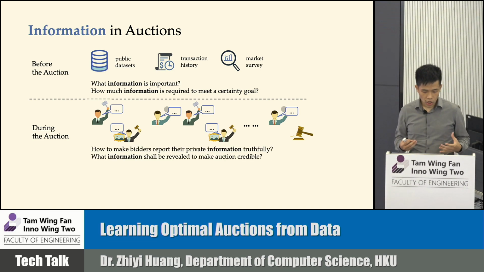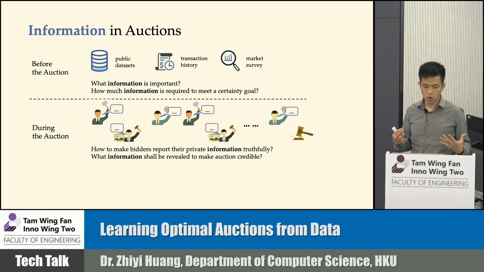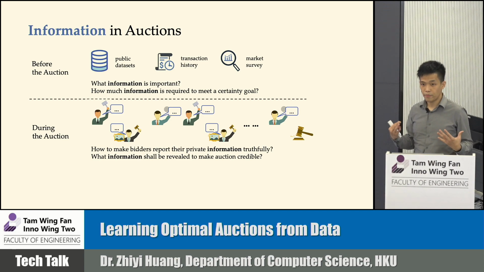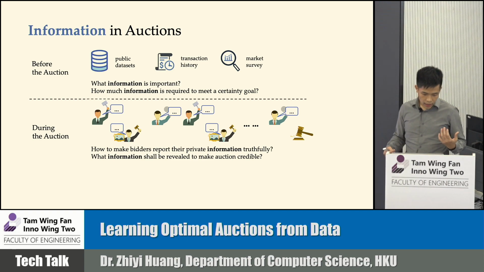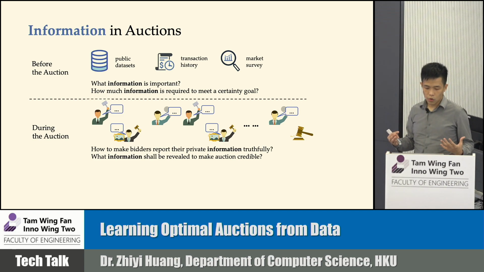And at this stage, we can ask questions like, how should I design this communication protocol? How should we exchange information in a way that the bidders are incentivized to report their private information, like how much they're willing to pay for the good, truthfully to the auctioneer, so that I can make informed decisions. And it is also interesting to ask how to design this protocol such that I reveal just enough information so that I can convince the bidders that I'm actually running the auction format that I claim